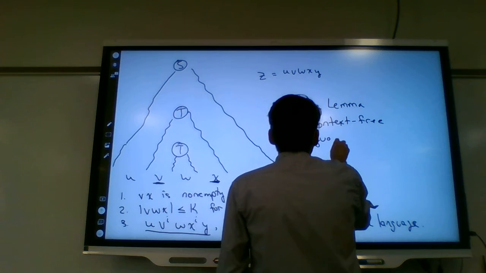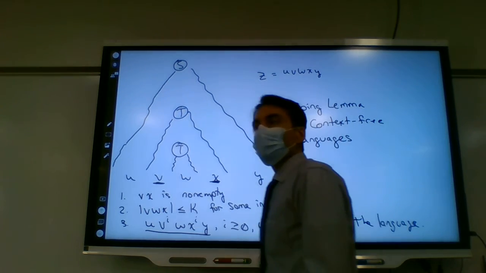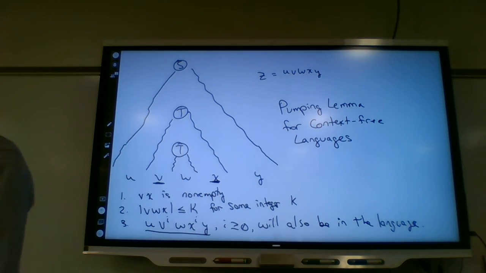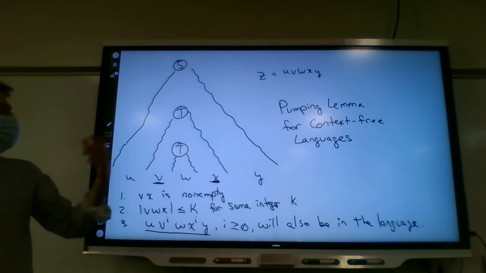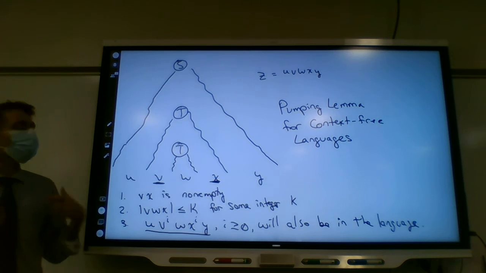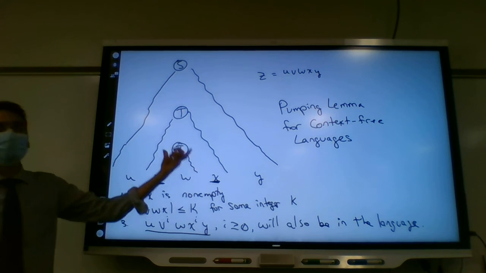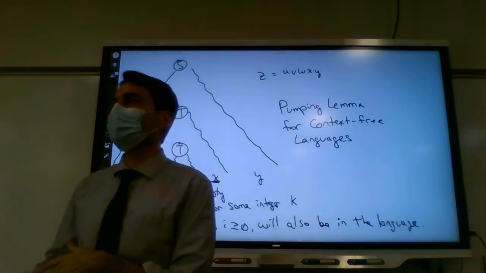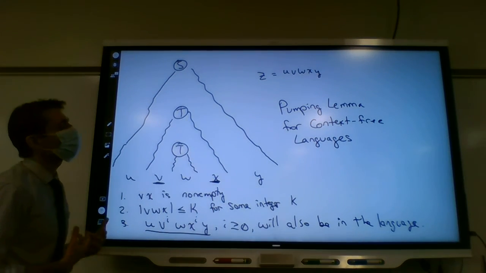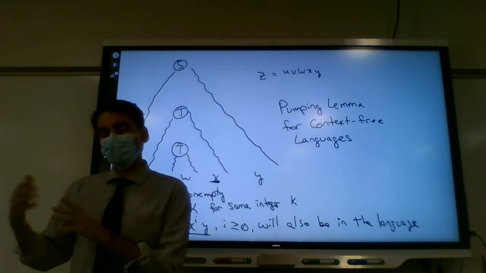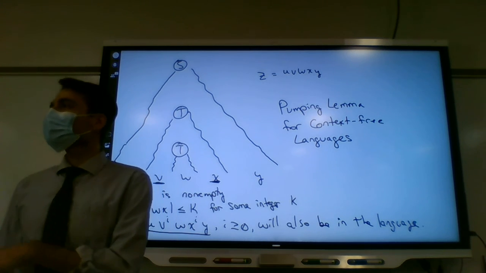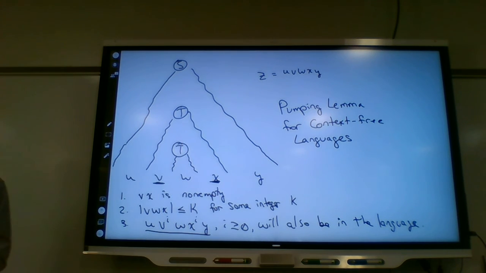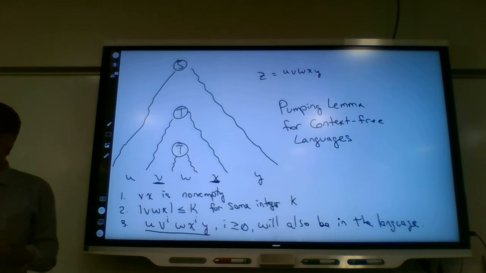It works just like the pumping lemma that we had before. Because what happens in a regular language? In a regular language, there's a certain amount of repetition. There's a certain pattern to things. In a context-free language, there's also a certain amount of repetition. It's just that the repetition's a little more involved, but the idea is the same. Before our pumping lemma, we looked at the automaton for the regular language rather than the regular expressions. For here, rather than looking at the PDA, we're looking at the grammar.